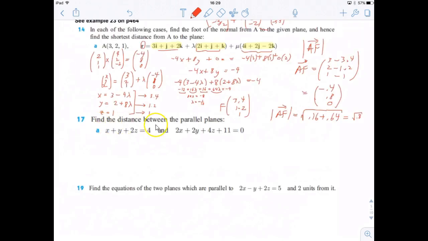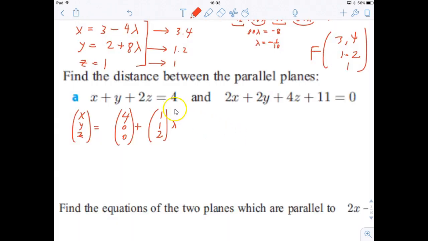Okay, number 17. Find the distance between the parallel planes. x plus y plus 2z equals 4, and 2x plus 2y plus 4z plus 11 equals 0. The way I'm going to solve this is I'm going to write the normal line from this plane in vector form. So, for example, I am going to find the normal vector,